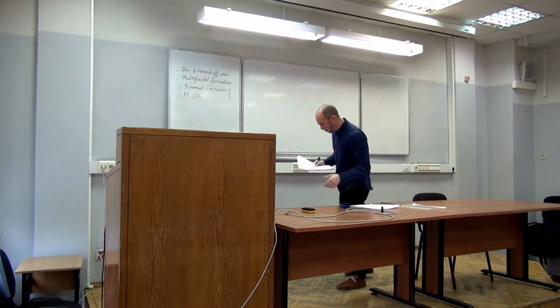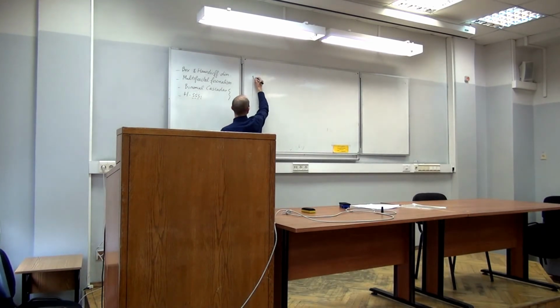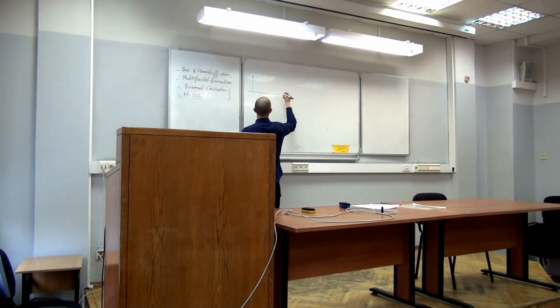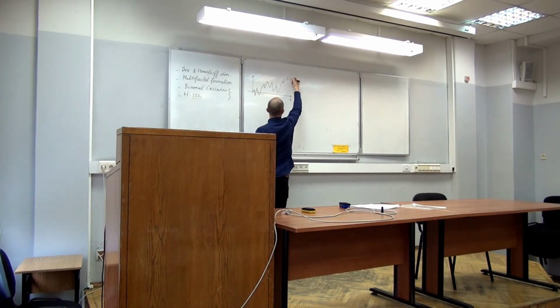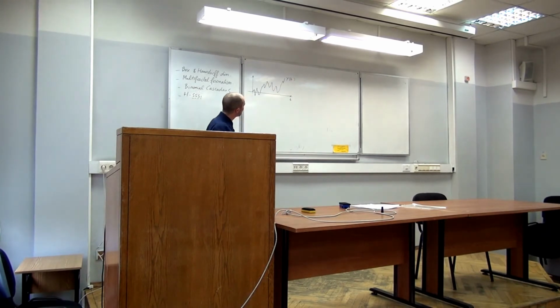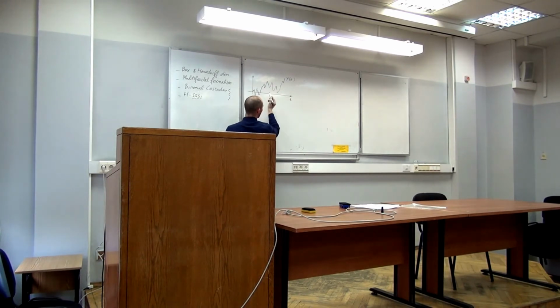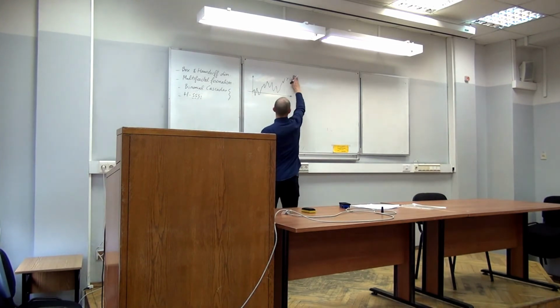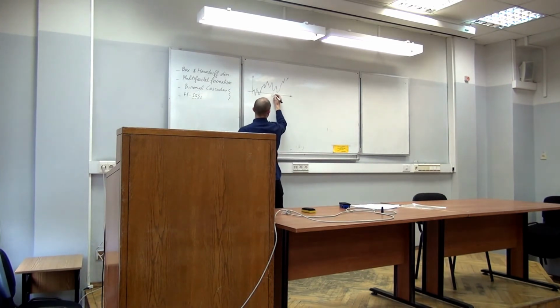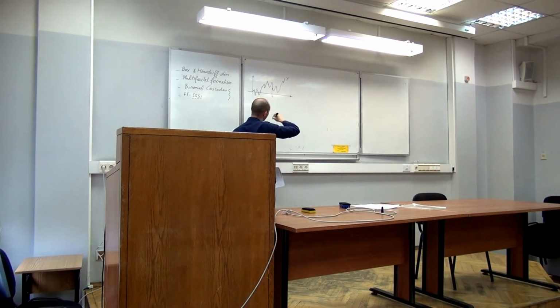So basically, what we have now is a time series. We've got some process, and what we want to know is about the fine structure of the process. So we're going to zoom in on the process and see what its local fluctuations are around some points. Let's take this point T here, for example. We would like to know how rough or how erratically the process fluctuates around T.